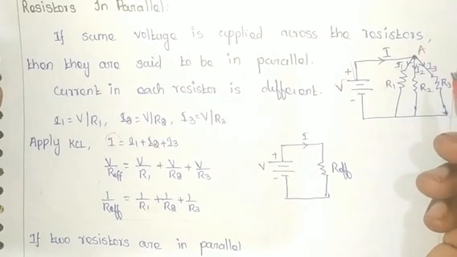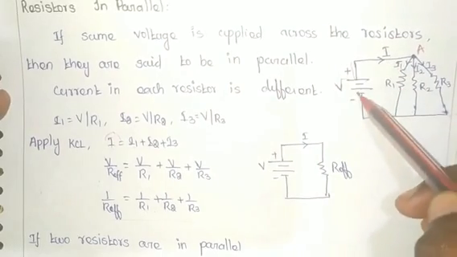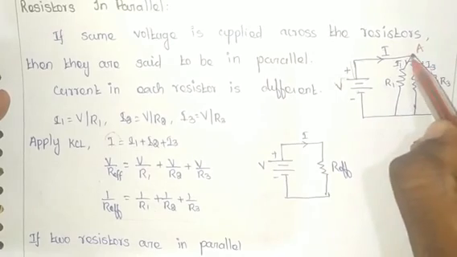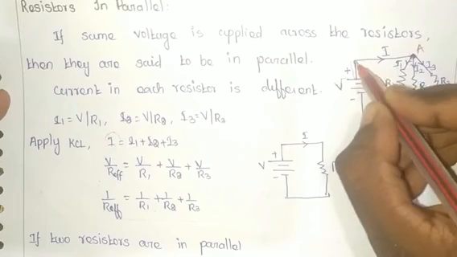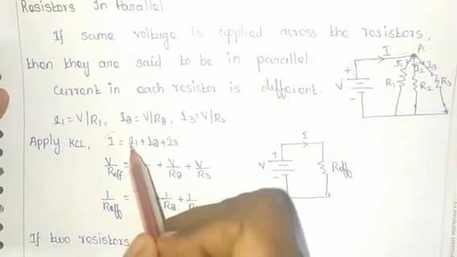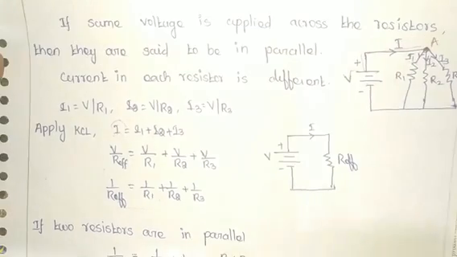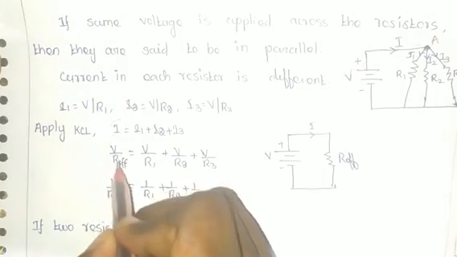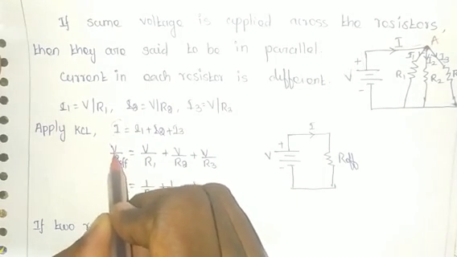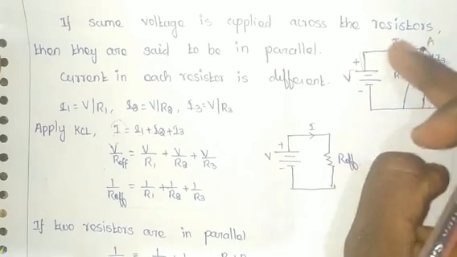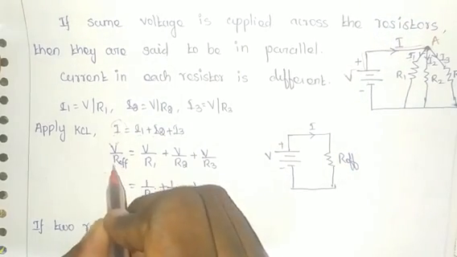Now we shall find the effective resistance if the resistors are connected in parallel. See here, in this network there is a voltage source which excites a network of 3 resistors connected in parallel. I can write KCL at this node A: the current entering the node, I, is equal to the sum of the currents leaving the node. So I is equal to I1 plus I2 plus I3. What is I here? The current flowing from the source, which can be written as V divided by R effective, the source voltage V divided by the effective resistance offered to oppose the flow of the current I.